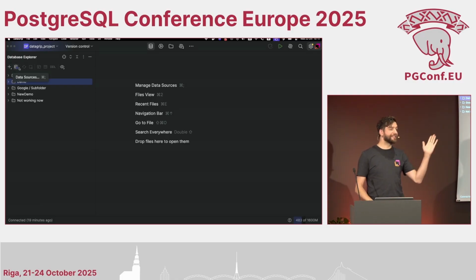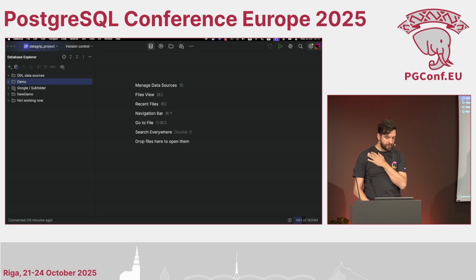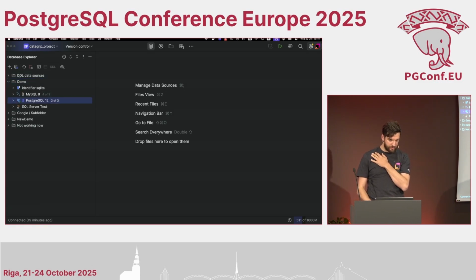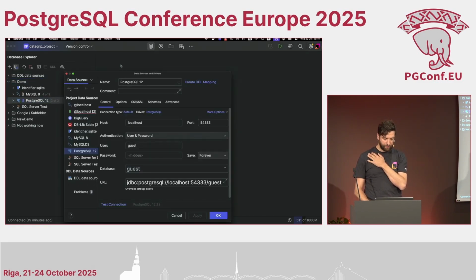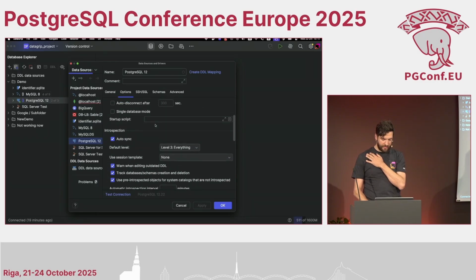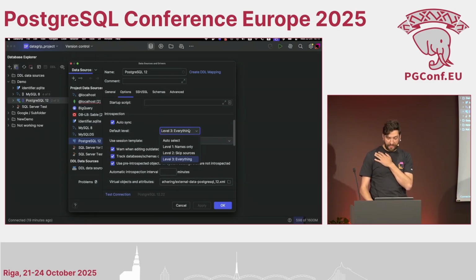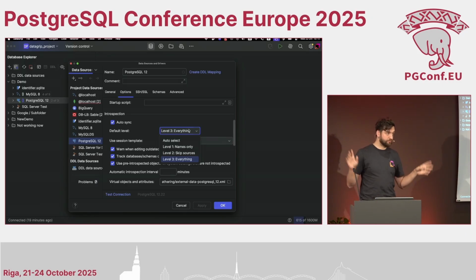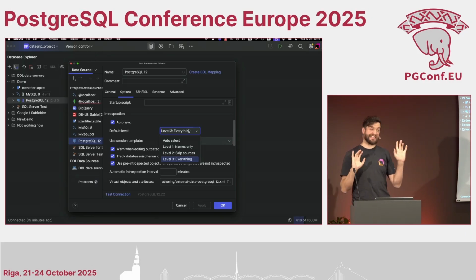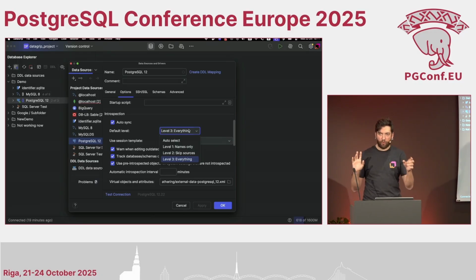Recently, we started to introduce levels of introspection. If you want to define the level of introspection, you go to a data source like Postgres, go to the settings, to options, and here you define the introspection options. The most important one is this one, level. If you define level 1, it means that we will retrieve only names. Fast, yes. Works, kind of okay. But you will not have all these super cool navigation features because we don't know about many connections between your objects. With level 3, we introspect everything, and with level 2, which is something in the middle,